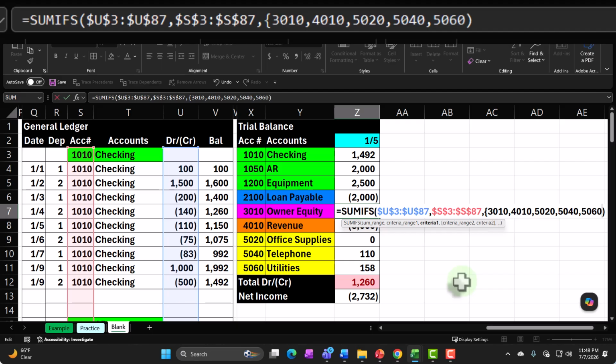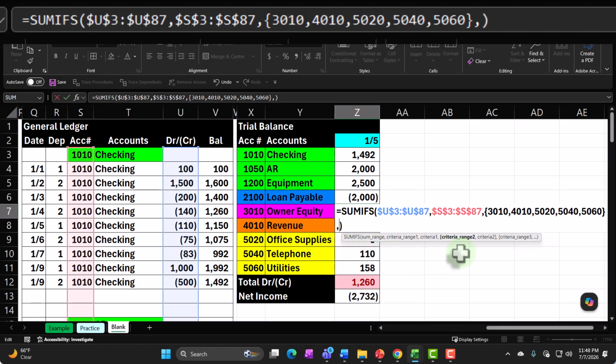Now I know this is kind of a tedious way to do it, but you can have a formula that picks all of those up, and then close it up with the curly bracket and then say comma, and the criteria